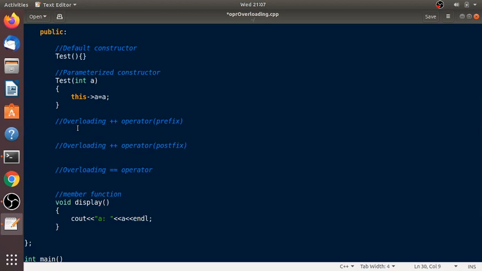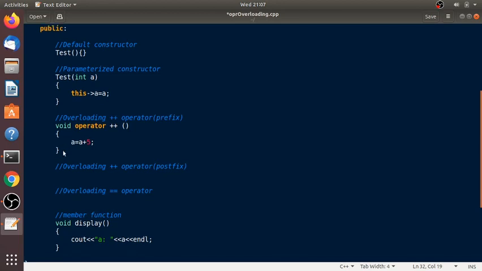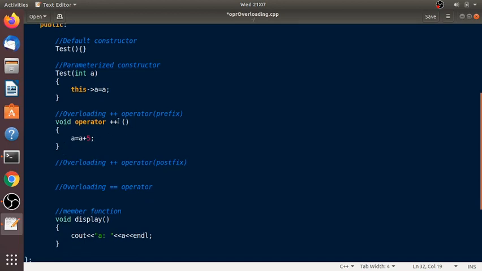So the syntax is return type, then the operator keyword, and then the symbol with the curly brackets. Now we are going to increment this value of a by 5. So a is equal to a plus 5.